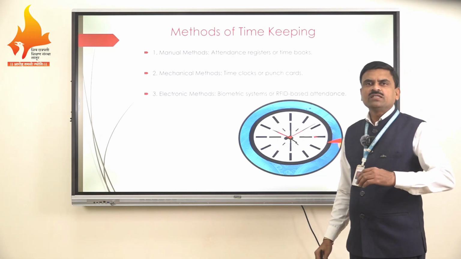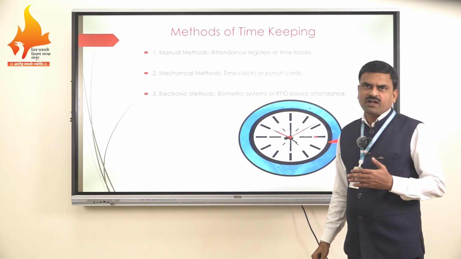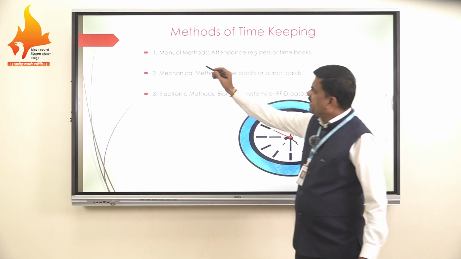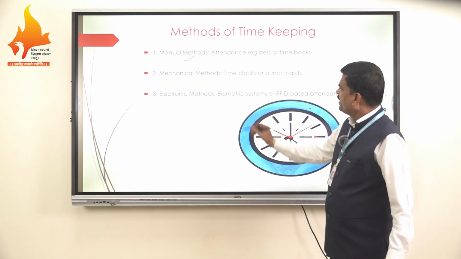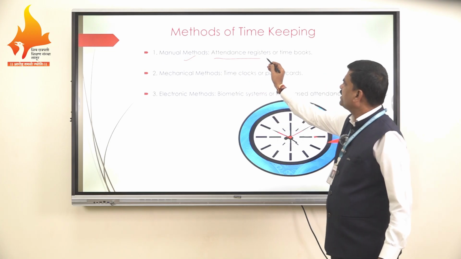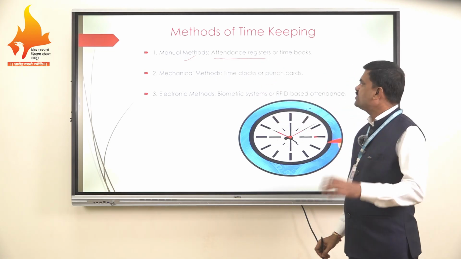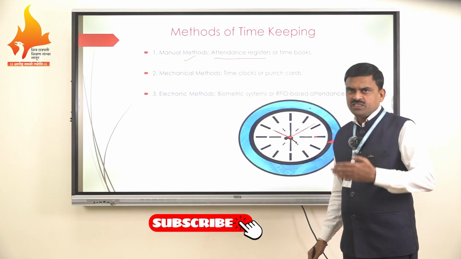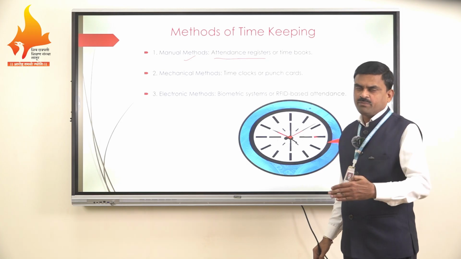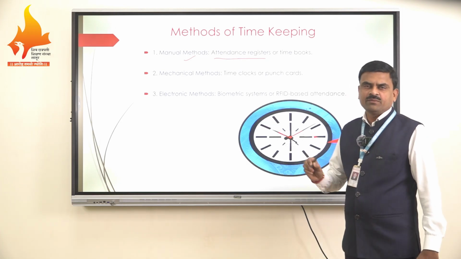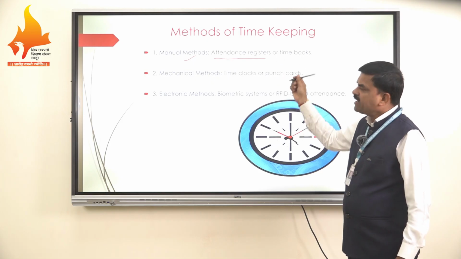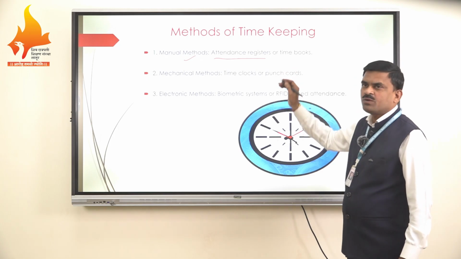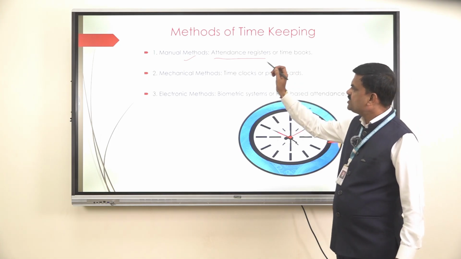Again, the different types of methods the organization follows for the timekeeping of the laborers. The traditional method is a manual method. In this traditional system, the attendance register is followed for the booking of time. Generally, when the labor enters the organization at the working place, they register their name and time in the register, and again at the time of leaving the organization or their workplace, they note out their time. This system is an attendance register.